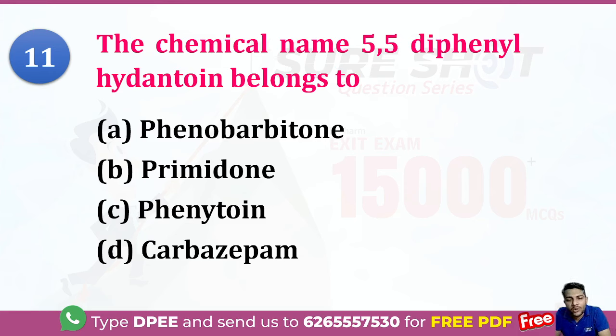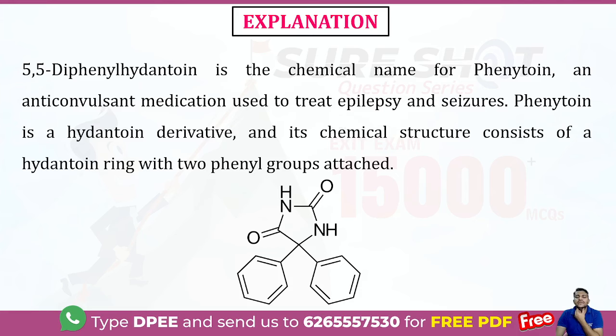5,5-diphenyl hydantoin belongs to hydantoin. You can just read the hydantoin. So this is the diagrammatic representation that we have of phenytoin. Phenytoin has the structure having 2 phenyl groups at the 5 position of your hydantoin ring. So this is basically your anti-epileptic or anticonvulsant medication that is used in seizure and epilepsy, and this drug has so many side effects that you will discuss in the CNS part of